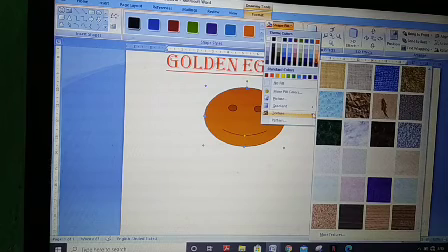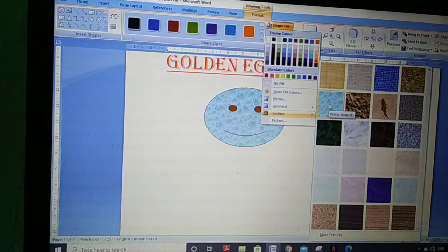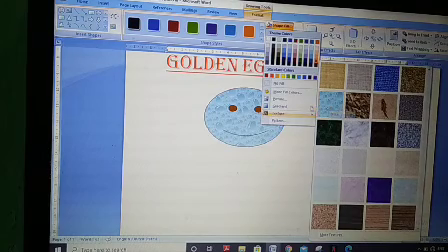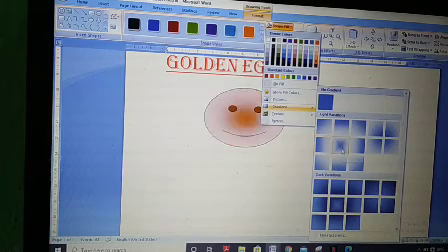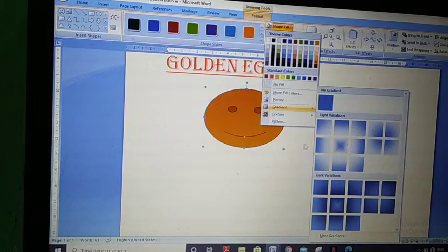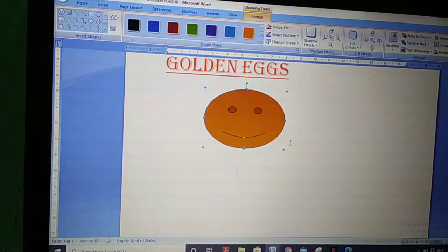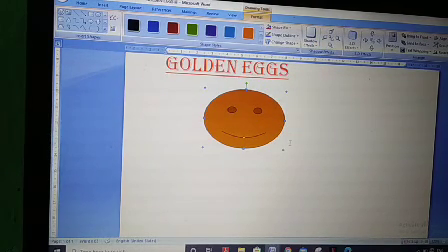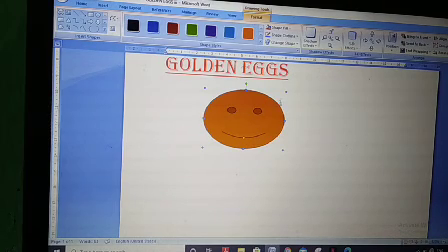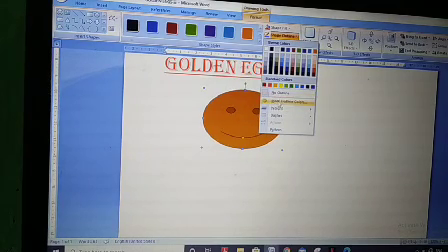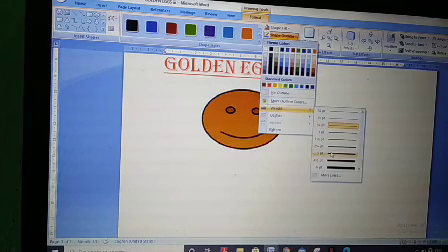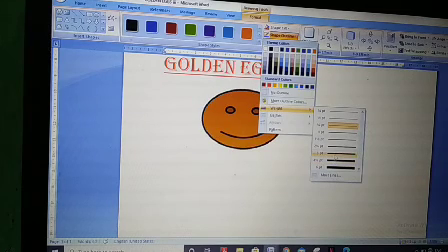These are textures. If you want to add these textures into the shape, you can add them through this. These are gradients, gradient effects. Understood? Or if you want to fill a simple color, that can be done. Then you can draw an outline. For the outline, first of all you have to see the width of the line, how much width of outline you want. You have to choose that.